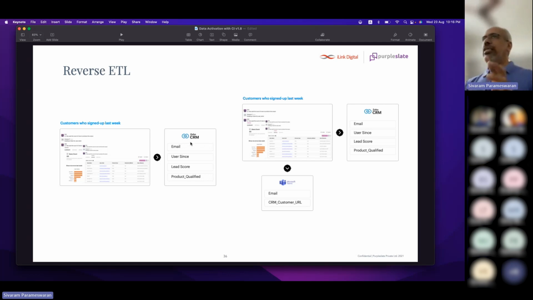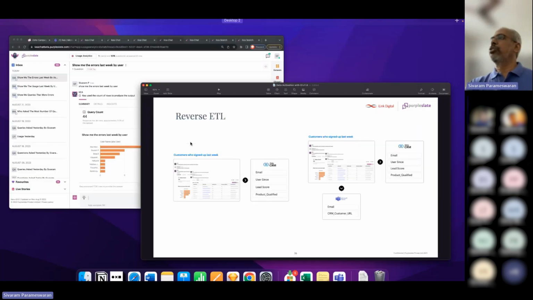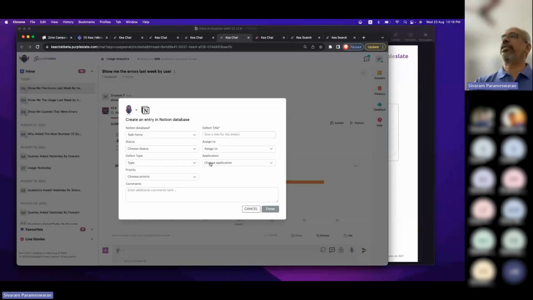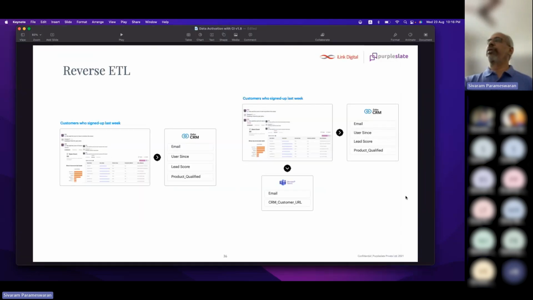So it's just like how you do that on the ETL part, mapping the source to a target. Here you map the analytic output. In this case, if I'm trying to create a task, it takes the data from the output we just got, maps it to these different fields, the defined types and all that, and then it just posts that entry in Notion here, right? I think that's pretty much what happens here.